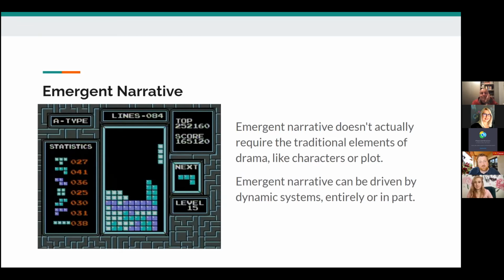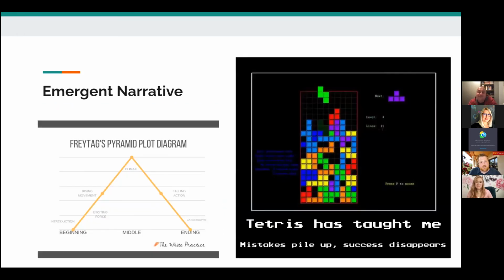Something like Tetris, right? Tetris doesn't have the traditional elements of drama, but it is still dramatic, and it has an emergent narrative. And that emergent narrative actually follows the same kind of structural map that other types of drama also follow.